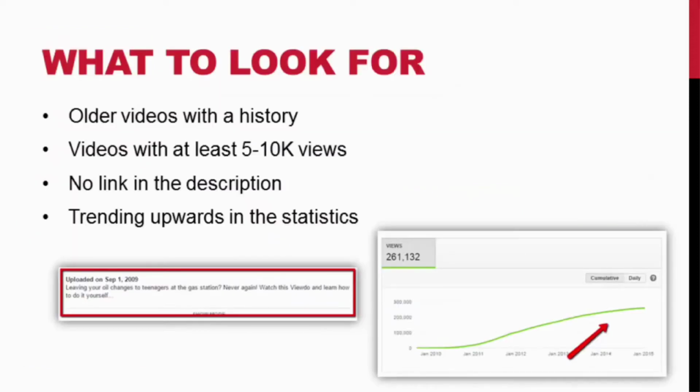So what we are looking for is videos in your niche, obviously related to your product, your squeeze page. I like to target videos that are a little bit older, that have at least 10 to 15,000 views. You want them to have some traffic and have some views. Obviously, we want them to have no link in their description. If they have a link in the description, it's pointless for us to reach out to them because they already know the value of marketing, or someone else has already reached out to them.